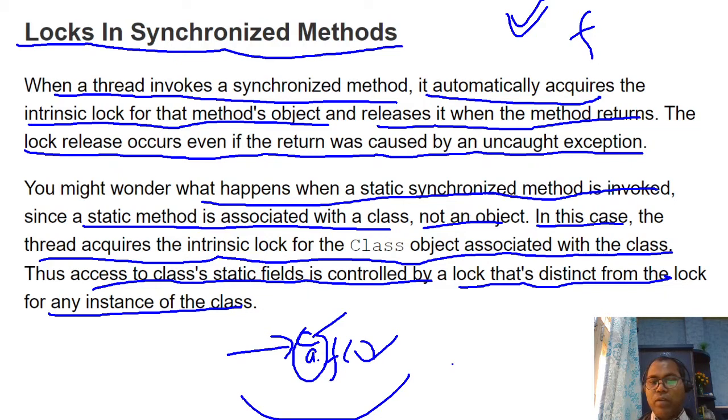So be aware that we have two kinds: one is class level fields and methods, and the other is object level instance fields and methods. For instance level, a different intrinsic lock applies for each instance. Similarly for static methods, there is a class level lock known as the class object, and it also has an intrinsic lock. So don't worry whether you are accessing a field or method, instance method or static method. The Java runtime system provides the intrinsic lock concept for both static and non-static, class level or instance level fields and methods. Both have separate locks.